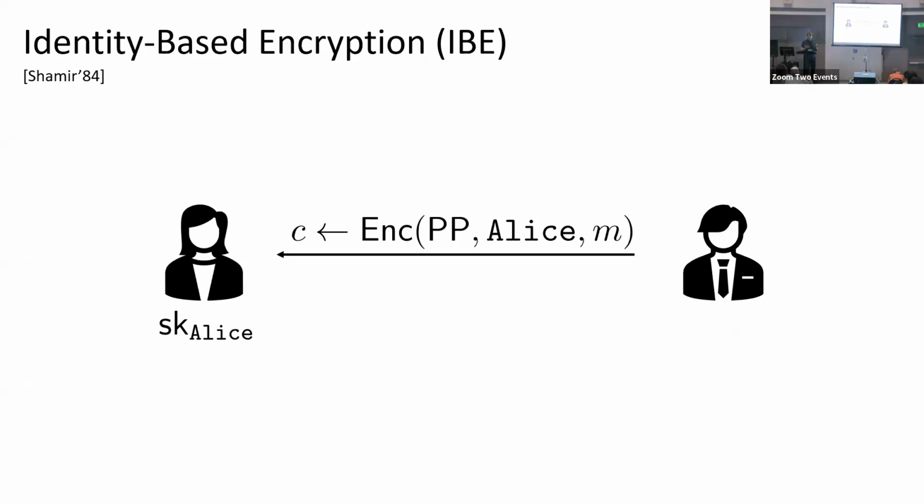So this will be talking about my failed attempts to generalize the Cocks IBE crypto system. So let's first remind ourselves what IBE is. In identity-based encryption, everyone's public key is just their identity. There are some public parameters that everyone uses, and to encrypt, Bob wants to encrypt a message to Alice, he just uses the public parameters and Alice's name, and sends the message. Meanwhile, Alice got a secret key from some trusted authority that she can use to